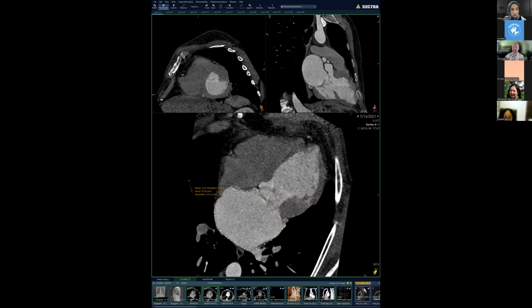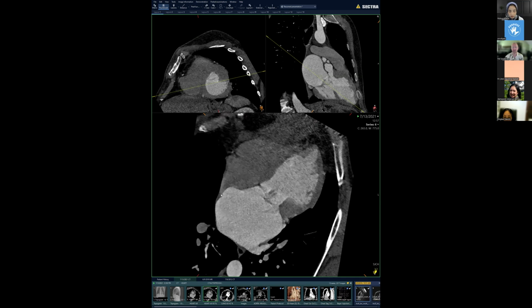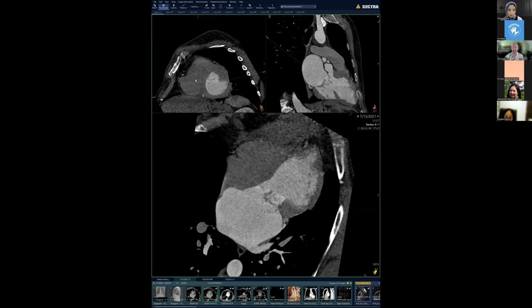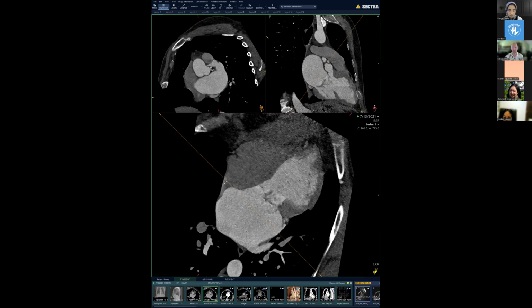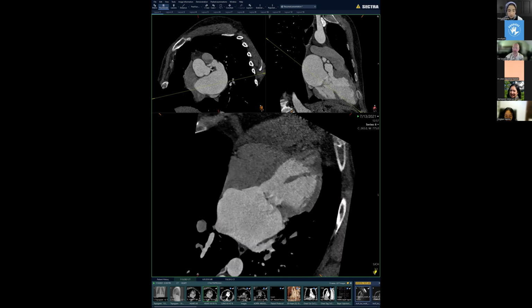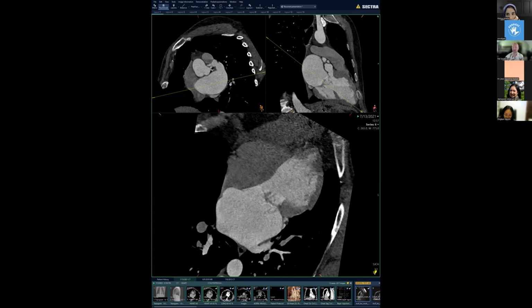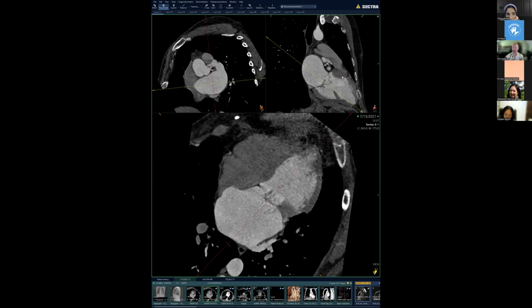Another observation in this case, along the lines of loose connective tissues, is you can see this bulging of the interatrial septum. That would be called an interatrial septal aneurysm. And oftentimes these aneurysms are also mobile, so they might change their position in the cardiac cycle. And they're frequently associated with a patent foramen ovale. So that's another thing that I would mention in this case, and definitely see the prolapsing mitral valve leaflet portions in this view. And as we're turning around, you can see the thickening